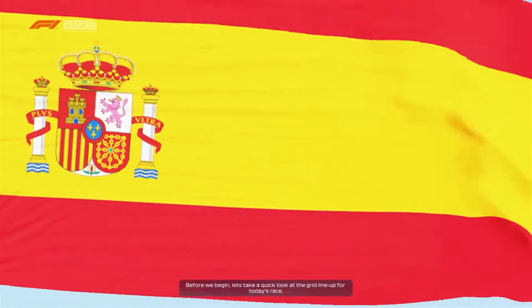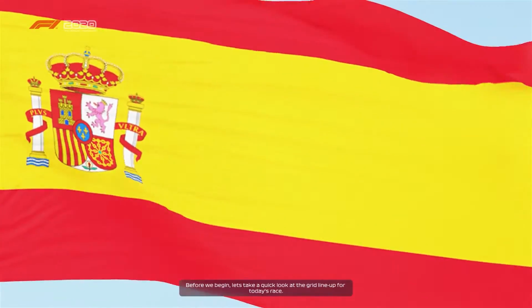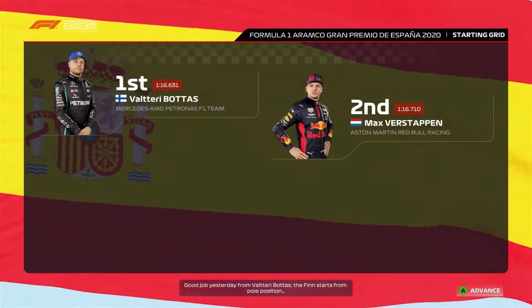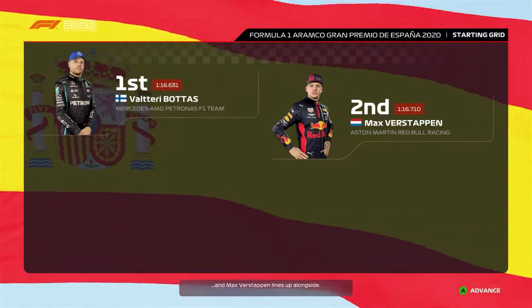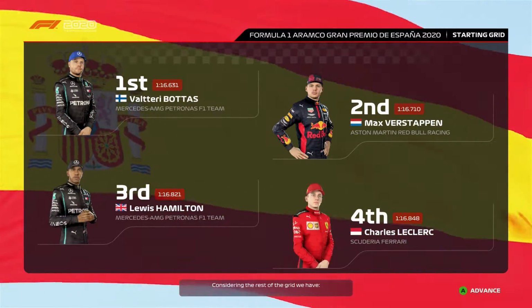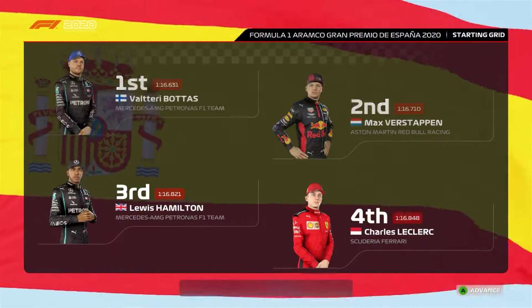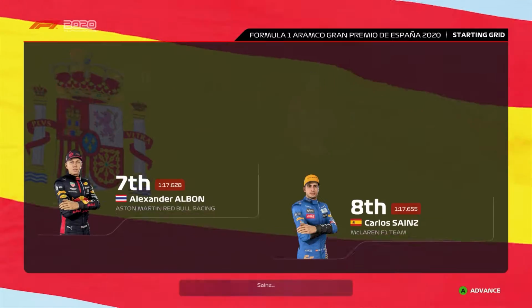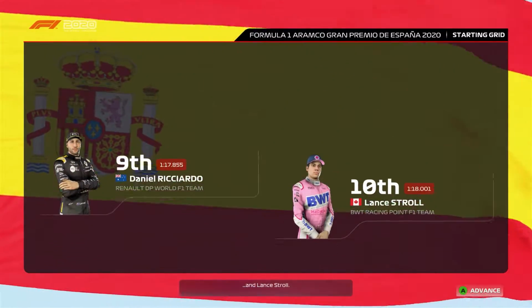Before we begin, let's take a quick look at the grid lineup for today's race. Good job yesterday from Valtteri Bottas. The Finn starts from pole position and Max Verstappen lines up alongside. Considering the rest of the grid, we have Hamilton, Leclerc, Sebastian Vettel and Perez, Albon, Sainz, Ricciardo and Lance Stroll,